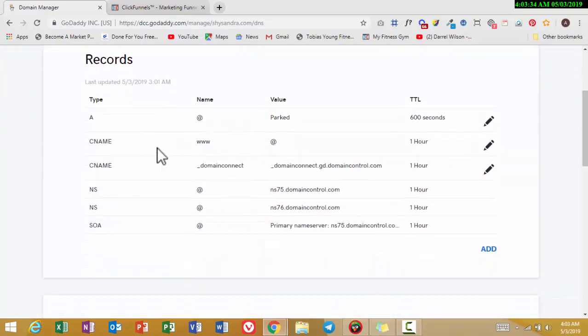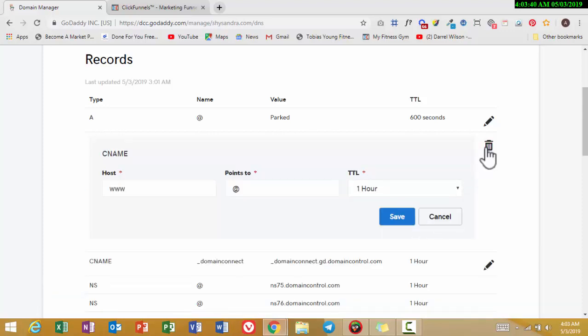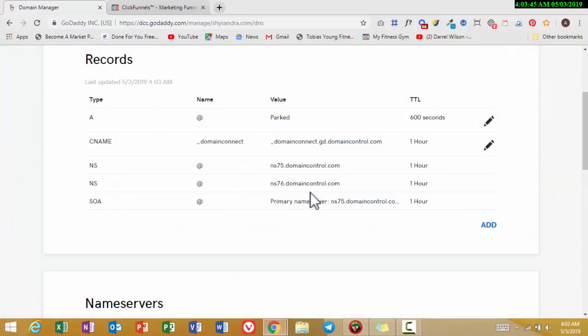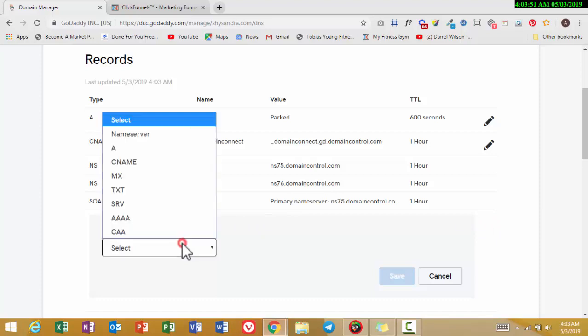You come now, you want to create a new CNAME. For instance, this is not there before, you just have to create it, but since it's there, I can delete it and create it again. So just click on add CNAME,